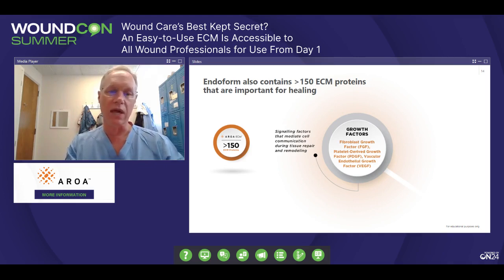growth factor and platelet-derived growth factor, and then there's several different types of vascular endothelial growth factor. There's A, B, C. C is the one that really helps with lymphangiogenesis. But having all of these again in this milieu so that we have correct proportionality is what helps with overall signaling, so that you can bring in from the wound edges the remaining fibroblasts and remaining macrophages that help then